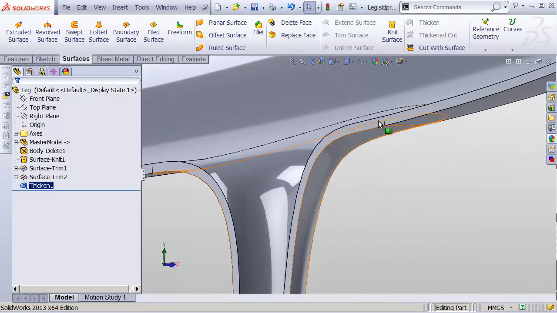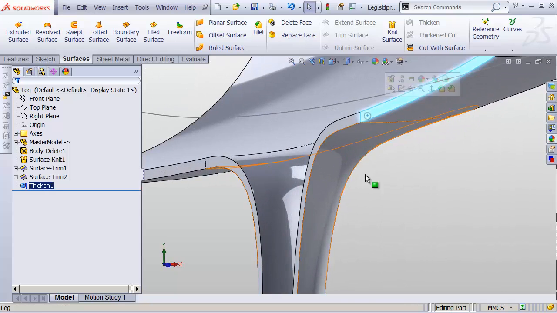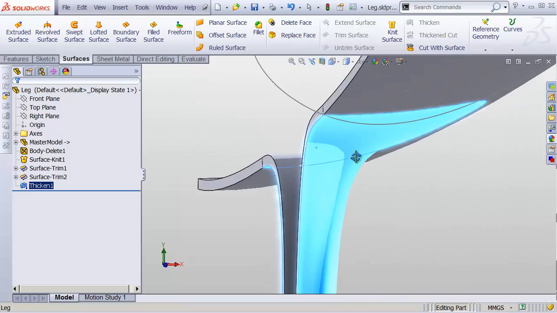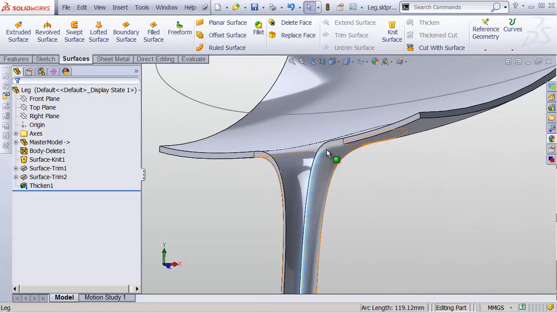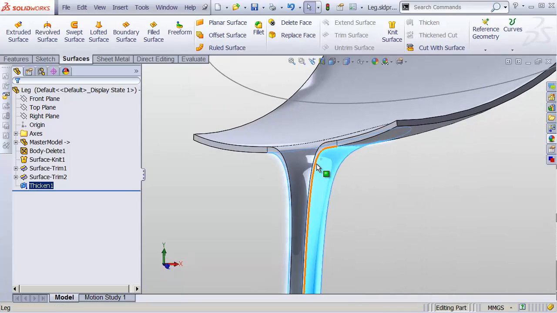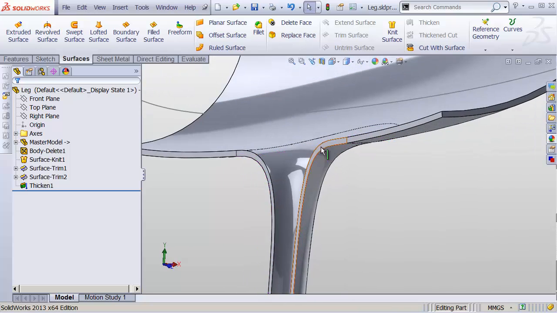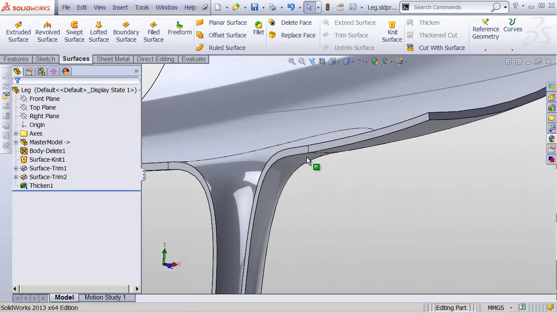Let's zoom in here. You'll notice that there's a line between this face and that face on the inside of our thickened surface. That's actually because this face and that face are not planar. Actually, they're within a tolerance defined by these outside guys. They're just going normal or perpendicular to that original surface, which may or may not actually be perfectly planar. Now, in theory, if you think about it mathematically, we define these surfaces to be normal to the right plane. So if we go 90 degrees to those, we should end up with a flat plane again. But in practice, in CAD, things are never that precise, and in reality, this surface is not actually planar,